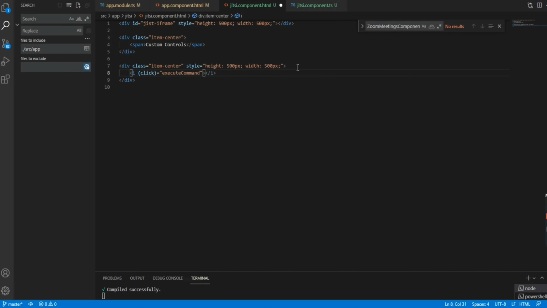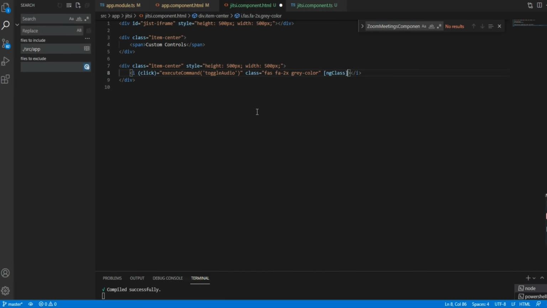I will write a click function here. We need a number of click functions, for example to share the screen. For execute command I'll write a single function with the commands, and I will pass the parameter as a string, so it will toggle audio. For the class I have used FAS icons.